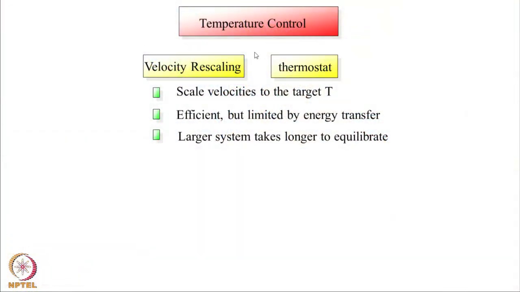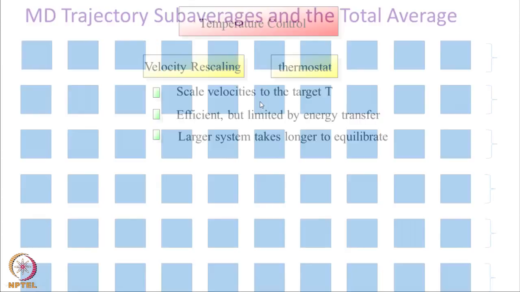So, now when we do simulations, another thing that is important is temperature control. Usually this is not necessary, but it is always a good idea to rescale velocities to the target velocity every now and then. When you do rescaling, it makes the system a lot stabler. Ideally, in molecular dynamics, one should not do rescaling, but if you do not, many times there will be a problem. So, if you do rescaling once in a few steps, you get a better simulation result.